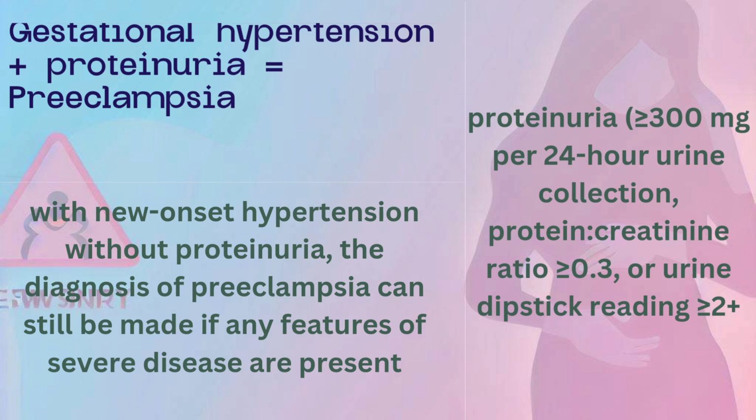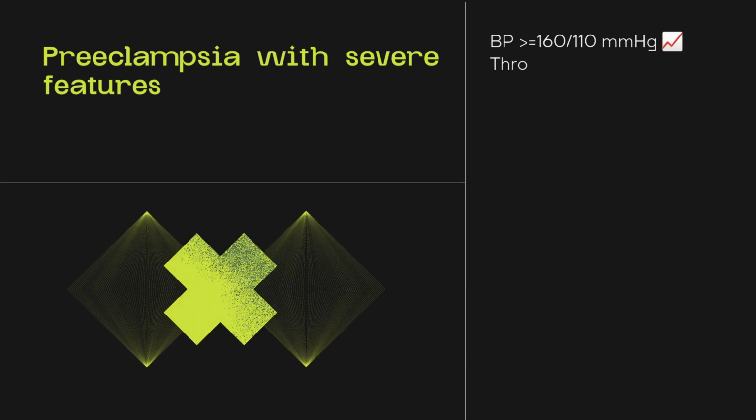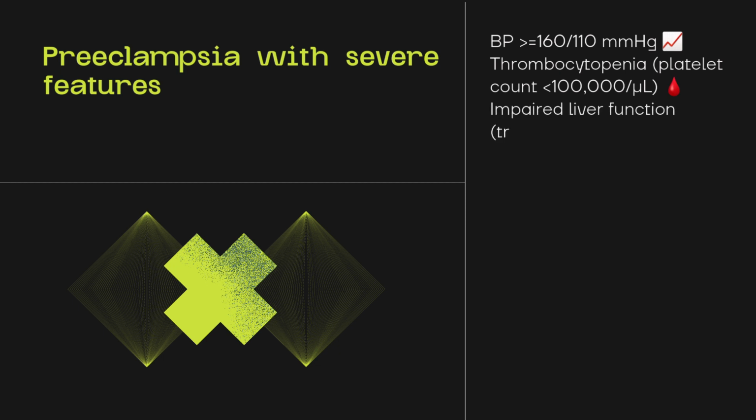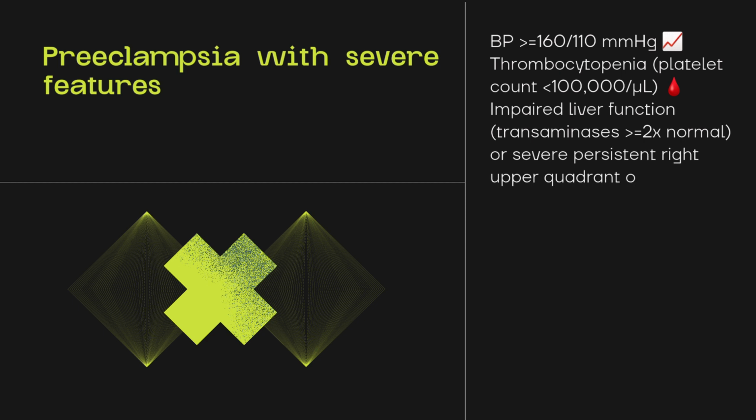In some cases, a patient with new-onset hypertension without proteinuria can still be diagnosed with preeclampsia, if any features of severe disease are present. These features include severe hypertension, systolic blood pressure greater than or equal to 160 mm of mercury or diastolic blood pressure greater than or equal to 110 mm of mercury on 2 occasions, 4 hours apart,